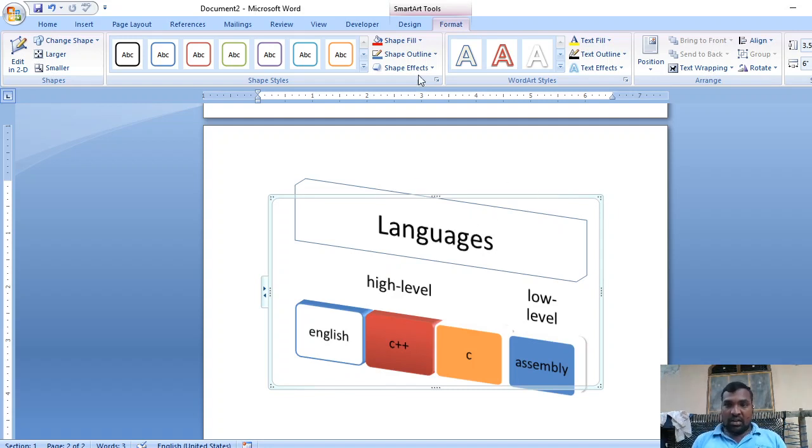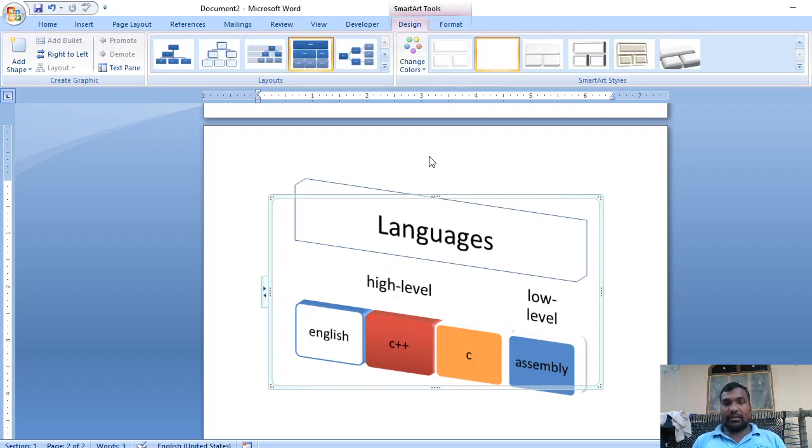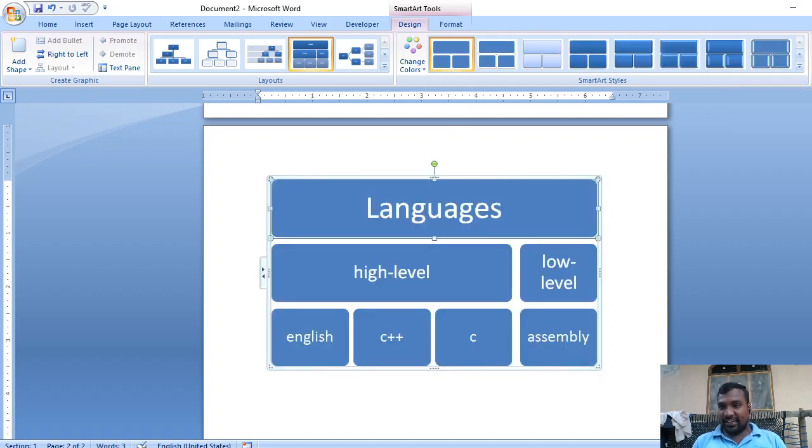And at last, this is the Reset Graphic button. If you click the Reset Graphic button, then whatever styles, color schemes, sizes of shapes, shape styles and SmartArt styles you applied are all reverted back to the original state of the diagram.